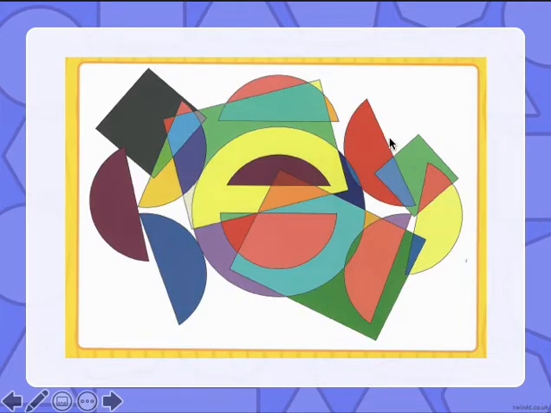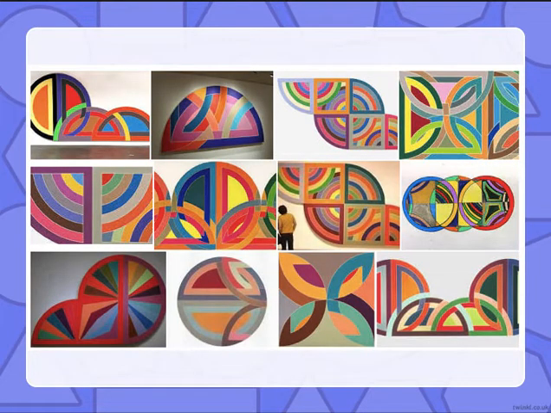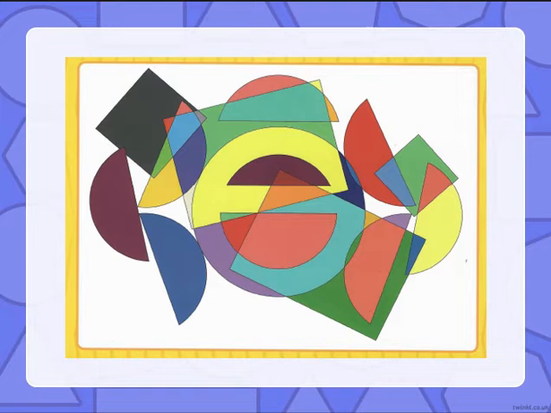Have a look at this picture. There's lots of angles in this picture, and you can tell that it would be very difficult for me to tell you which specific angle I'm talking about. These angle pictures are done by an American artist named Frank Stella, and he produced an amazing series of artworks called the Protractor series, using the shapes of protractors, lines, and angles. You're going to be looking at some of his artwork, like this, or replicas of his artwork, to answer some